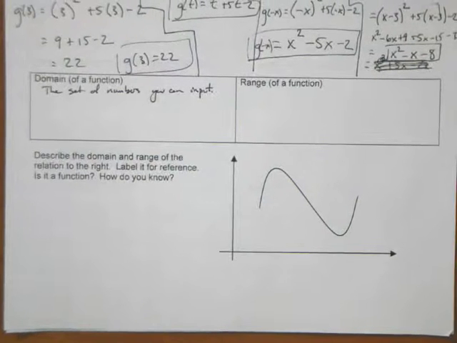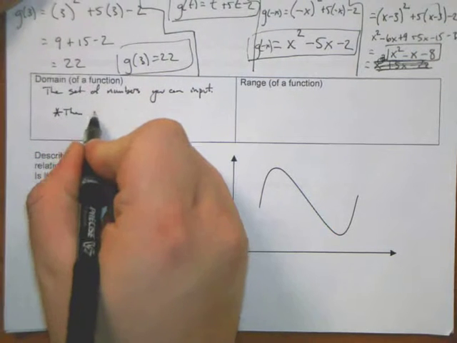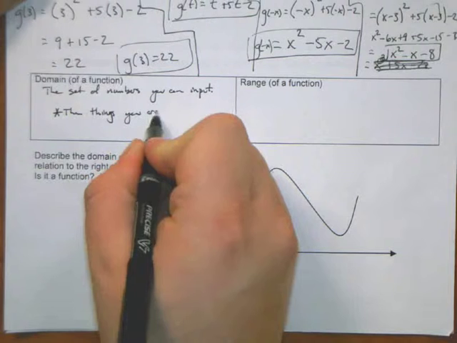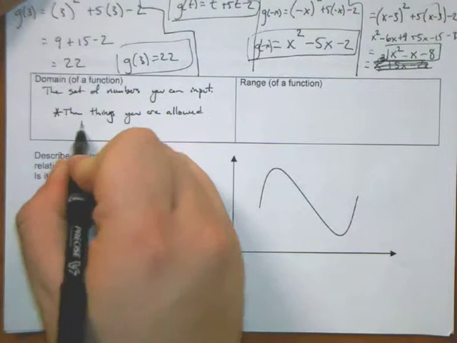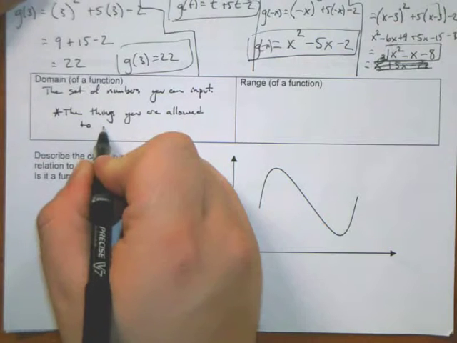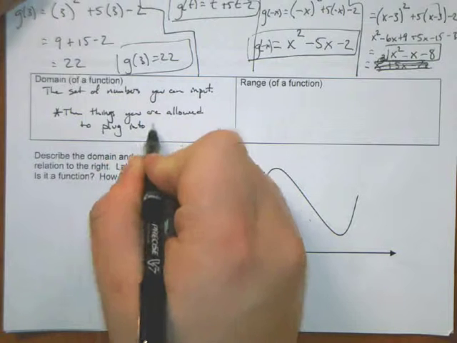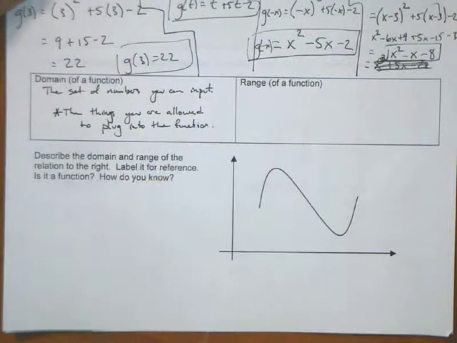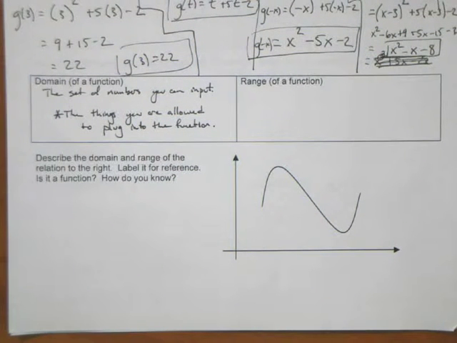So they're the things you're allowed, or maybe another way to think of that is the things you are allowed to plug into the function. Some functions are really nice and they'll let you plug in any old number,